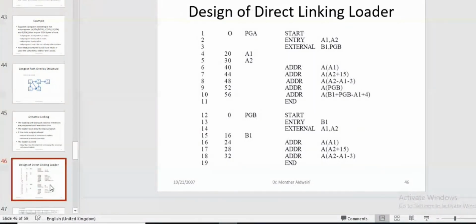Take this example and solve this. First column is source card reference, second is relative address, and